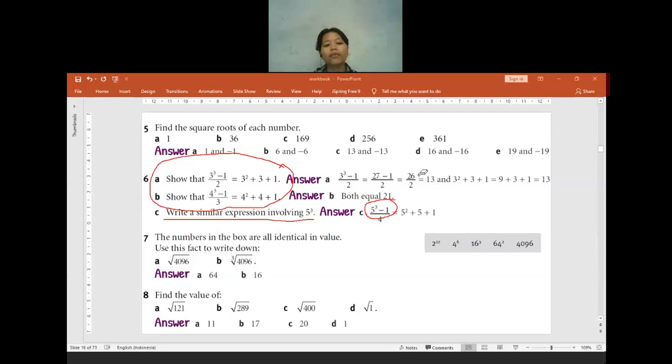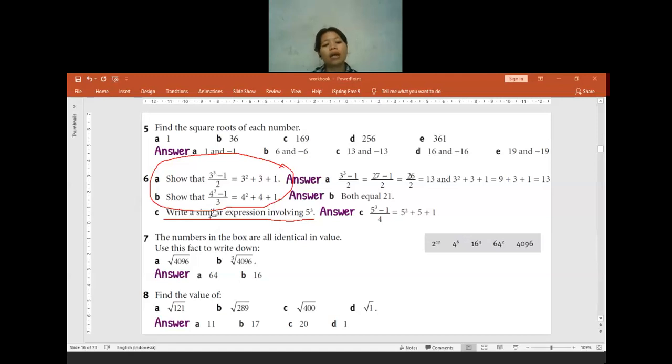Is there anyone who gets confused at question 6? Is there anyone who gets confused? If you have any question, please feel free to ask. Don't stay quiet, because I think most of you had difficulties here when I checked the homework. If I type it through the comment, maybe the answer will not be really understandable, so now I'm explaining. If you have any confusion and you're still confused, feel free to ask. No confusion for sure. Okay. If you have no confusion, I will move to the next question.